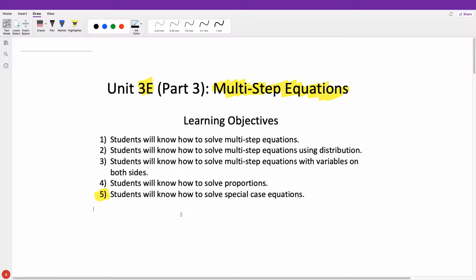And you'll see what I mean by that in just a moment, where when we get an answer, it's not going to be just x is equal to 1. We're going to have to interpret what the answer is giving us, and you're going to see it's going to give us either that no value for x will work, and it's going to give us no solution, or any value that we plug in for x will work. So all real numbers or infinitely many solutions will happen. So we're going to look at special cases. All right, so just a few examples that we're going to go through,